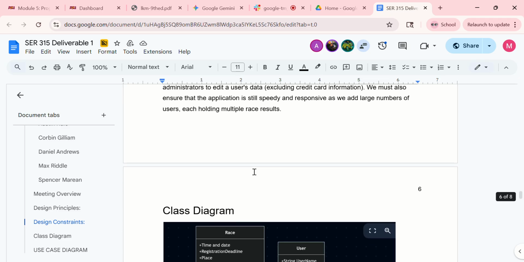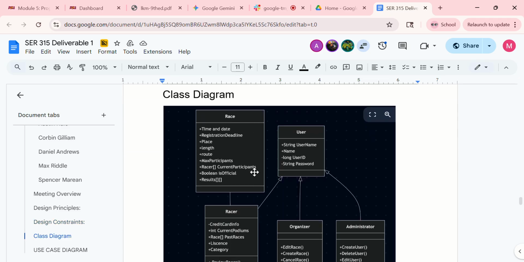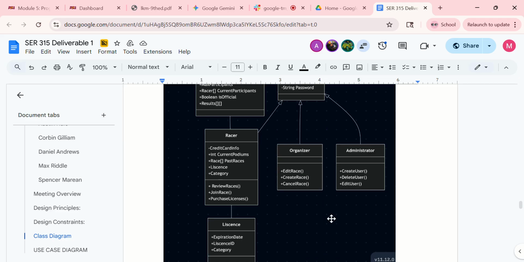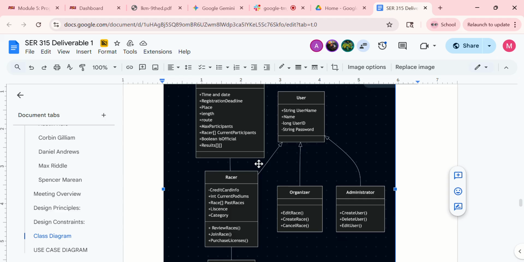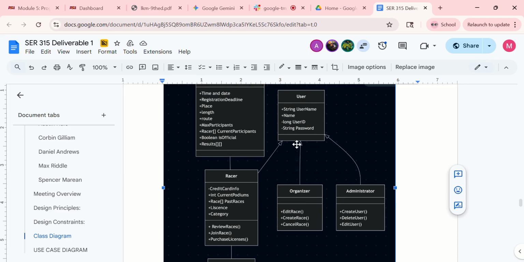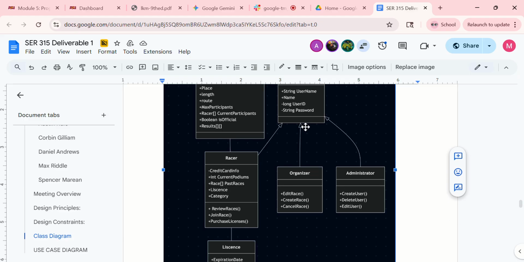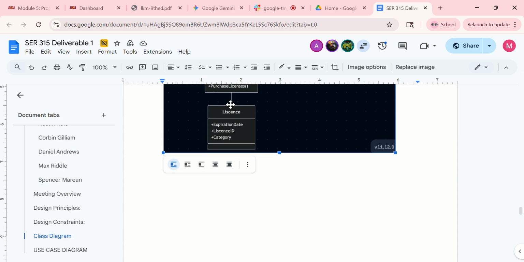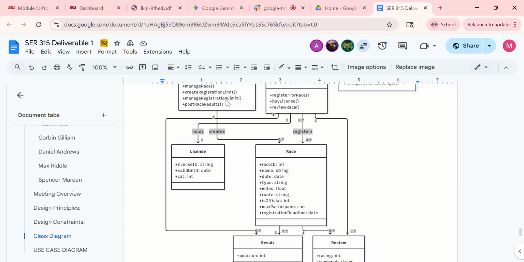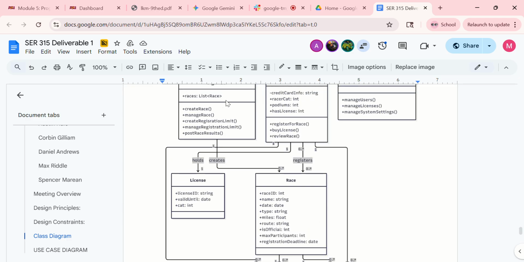And up next, we got our diagrams. So this is our first class diagram that we came up with. It is a bit high level, just getting a flow of how our system works. We have our racer, organizer, and administrator inheriting from or overwriting the abstract class user, and then our relationships between race and license. And then we have a bit more of an in detail class diagram right here,